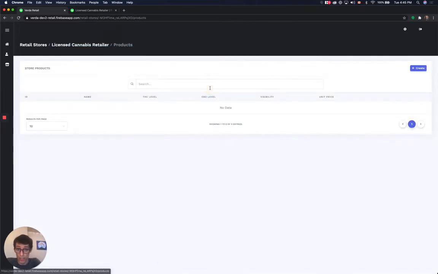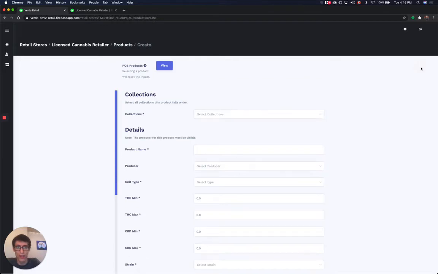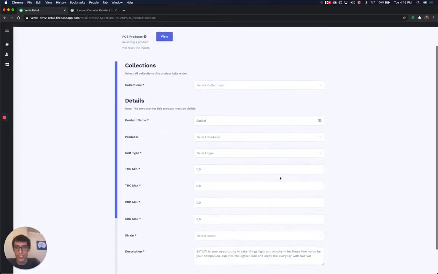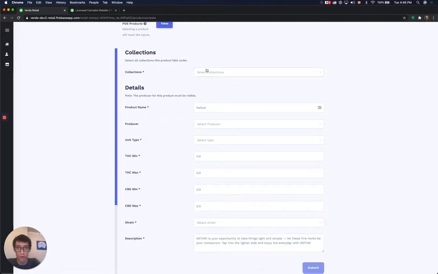So we're going to hit products, and we're starting with a fresh sheet, so that's great. And you're going to hit the create button in the top right, and then you're going to hit this view button up here. And this allows you to see all the products that are currently in Greenline that Verta can read. And we're looking for our flower product, which is sativa, and then you're going to hit select. And this is going to auto-populate everything it can for you,